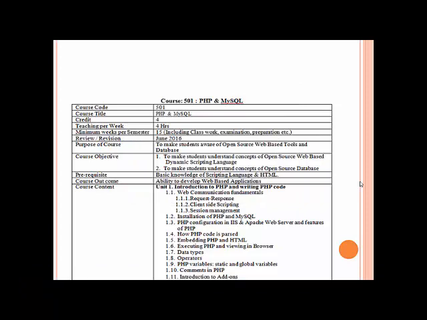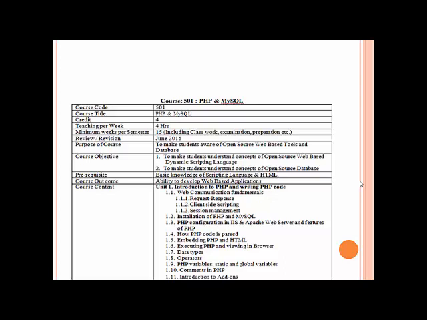In that we are going to cover web communication fundamentals, that is local system to web server, which consists of request and response, then concepts of client-side scripting, then session management.